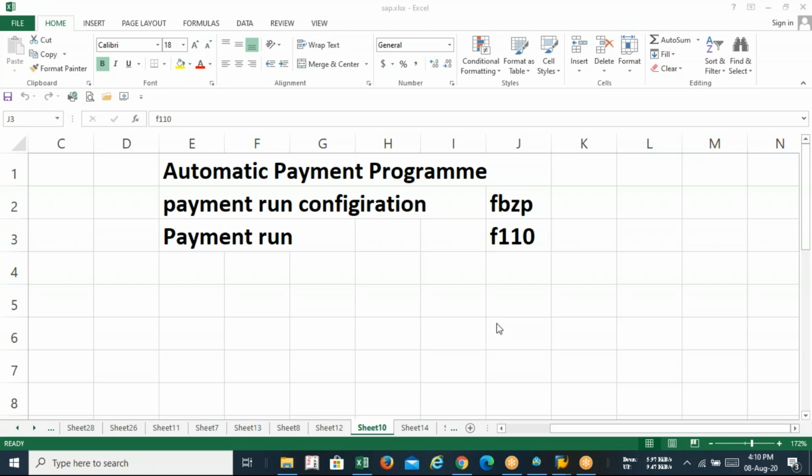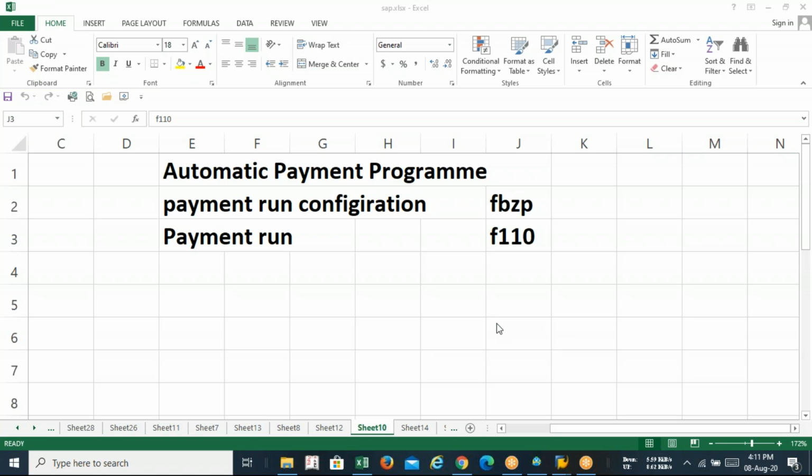But right now we are going to check how we shall configure the technique called APP, Automatic Payment Program, in SAP FI under the Accounts Payable submodule. This is one of the vital configurations. So let's see how we shall configure it in our company code. This is a unique combination, and after doing it, at the SAP consultant level, we can finish with the accounts payable submodule.